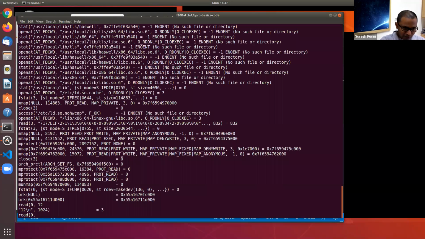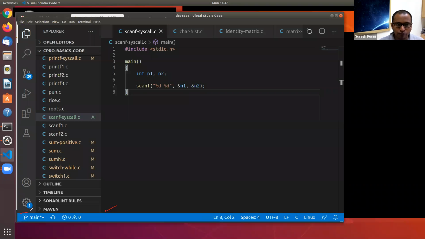So the read system call returned on this line 1, 2 followed by \n to scanf. If you go back to this code, at this point, scanf read 12 into variable n1. Are you with me here? Till this point?